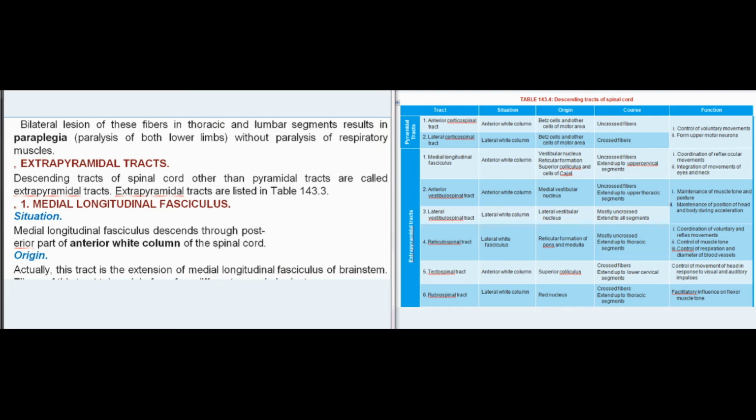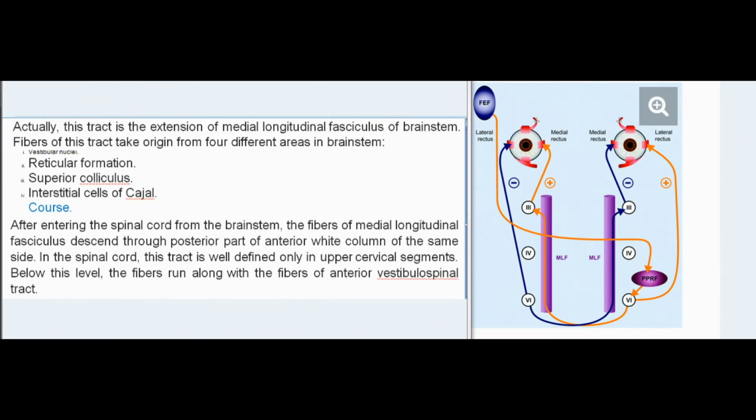Extrapyramidal tracts are listed in Table 143.3. 1. Medial longitudinal fasciculus. Situation. Medial longitudinal fasciculus descends through posterior part of anterior white column of the spinal cord. Origin. Actually, this tract is the extension of medial longitudinal fasciculus of brainstem. Fibers of this tract take origin from 4 different areas in brainstem: vestibular nuclei, reticular formation, superior colliculus, interstitial cells